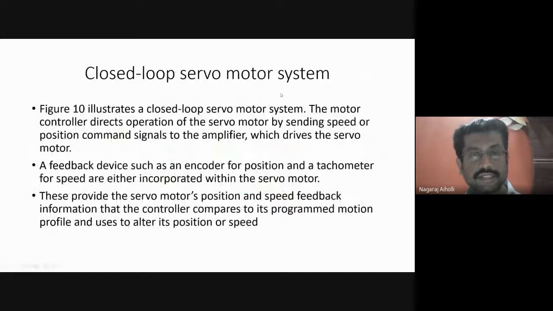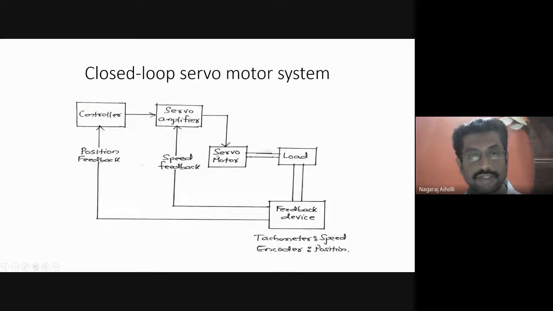Next figure illustrates a closed loop servo motor system. Motor, we'll see that here first. This is the closed loop servo motor system. The difference between motor and servo motor, try to understand here. In the motor, it is just the open loop system. You cannot measure the position or the speed of the rotation of the motor. But in servo system, we will be able to measure the speed or the position of the motor, and we will also be able to control it. The speed of the rotation of the motor can also be controlled.